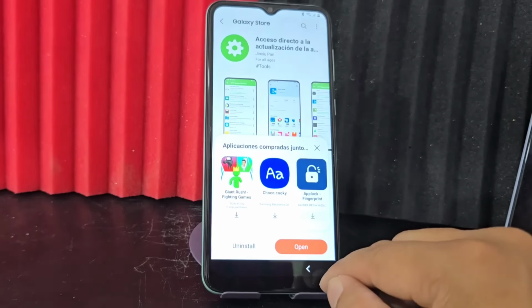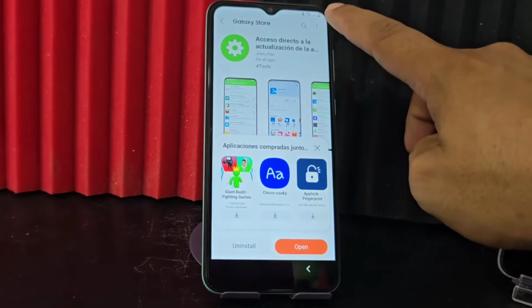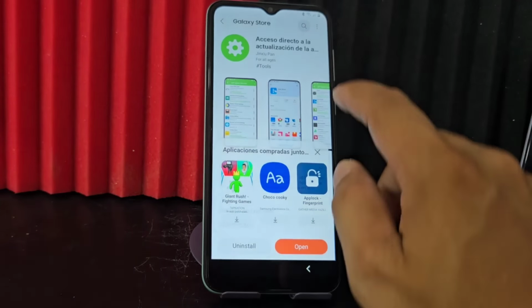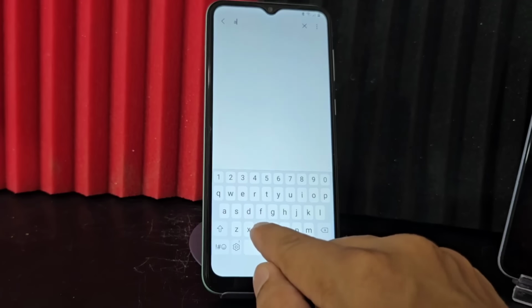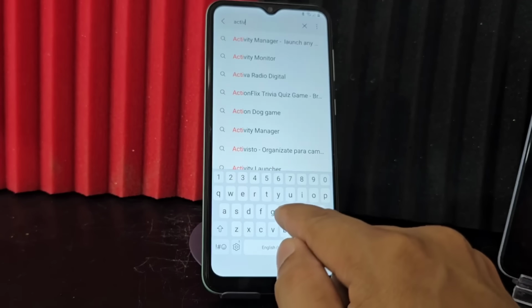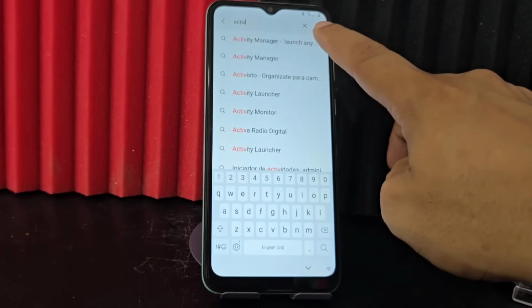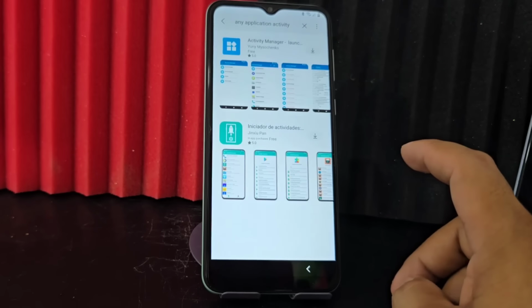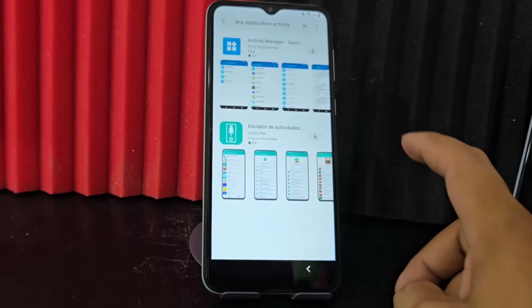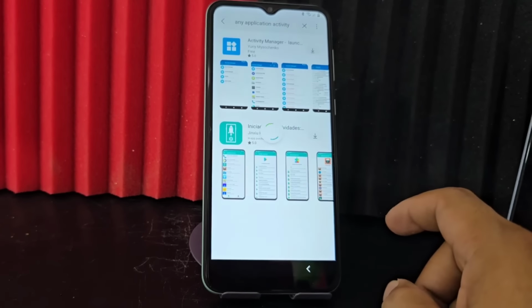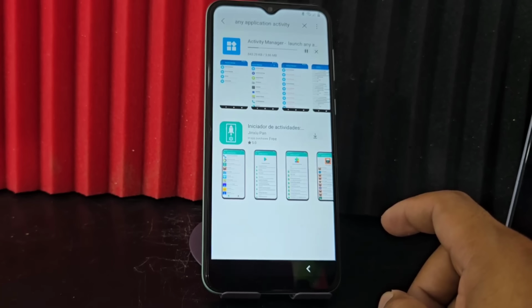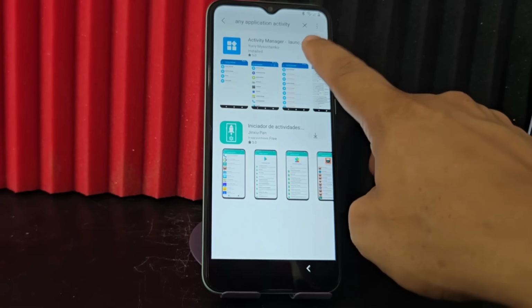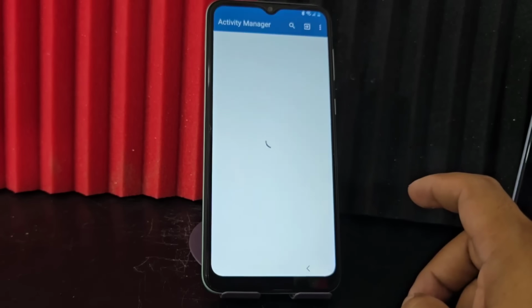We go back right here, we go look for the activity option. Activity, we're going to select the one that says Activity Manager. We're going to click here on Install Application. We're going to click on Install. After it's completely installed, we're also going to open what that application is. We're going to open it. Once we open it,